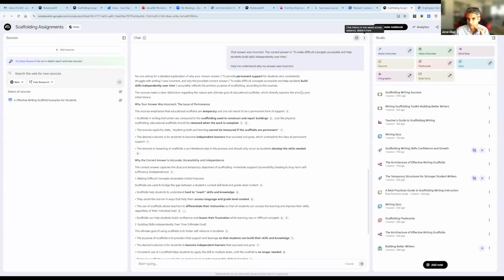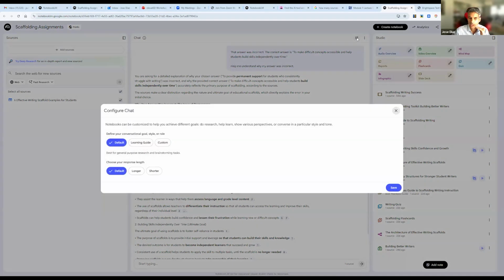But the other setting that we talked about is somewhere here in the middle screen, and there is a little configure icon there, configure the notebook. I didn't get a chance to experiment much with it, but maybe here you can control a little bit more how long, longer or shorter. And you can also define the conversational goal, style, or role by clicking on custom.